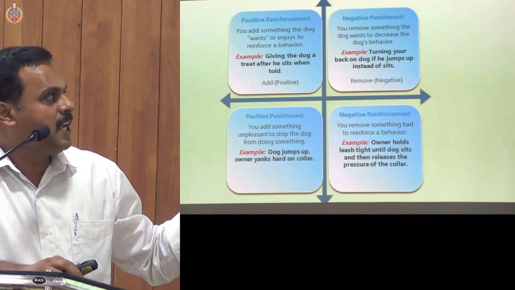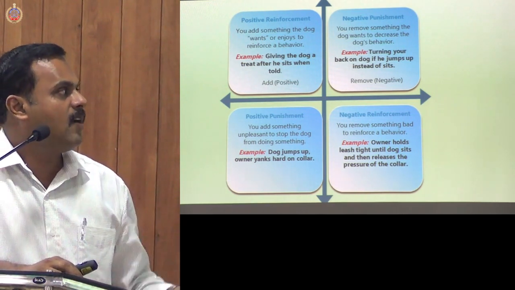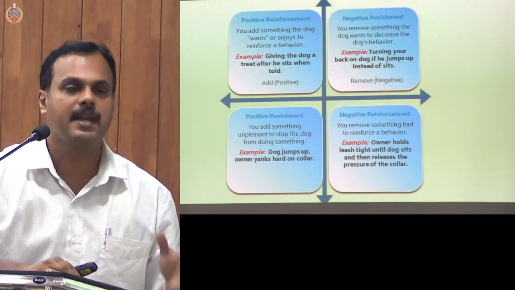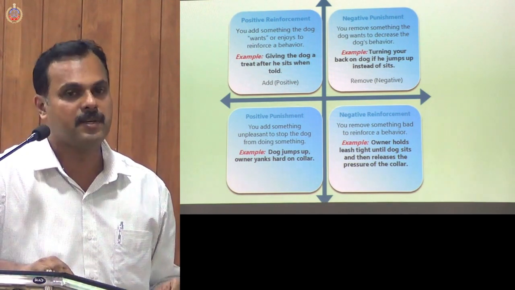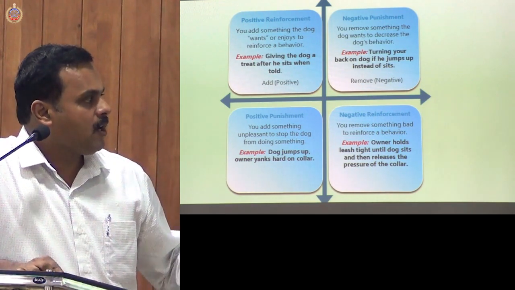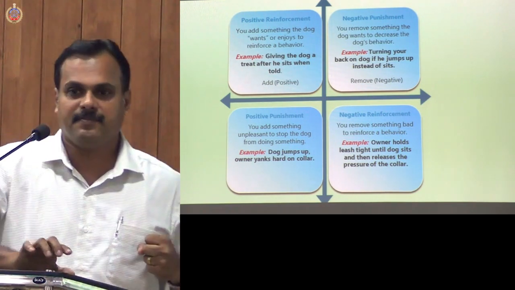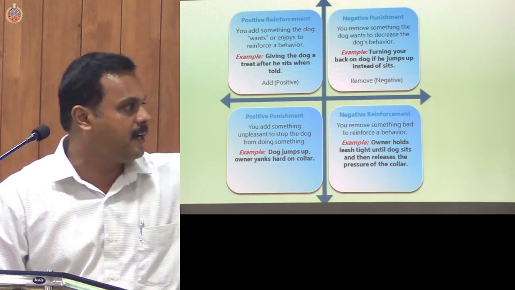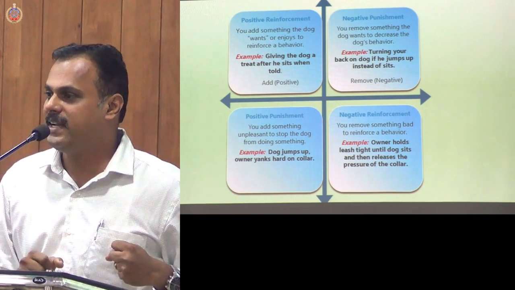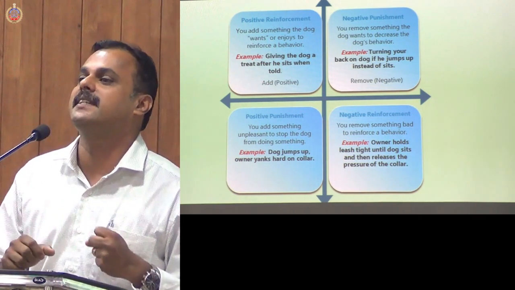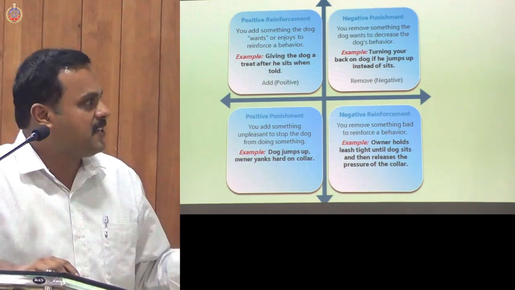Positive reinforcement is giving a dog a treat immediately once he sits down. You are telling sit. When it sits, you are giving a treat. That is positive reinforcement. Negative reinforcement is that the owner holds the leash tight. You hold the leash tight, I am telling down. When the animal sits, you relieve. So every time you hold tight, the animal will sit. Next thing,